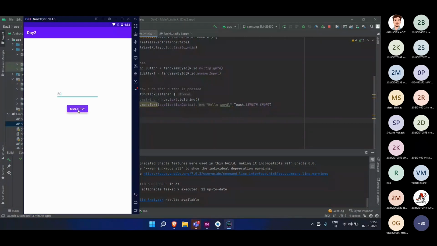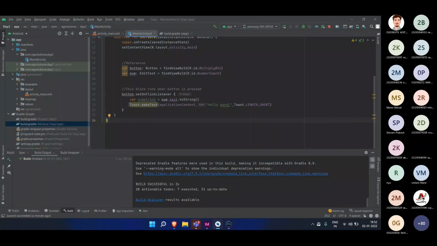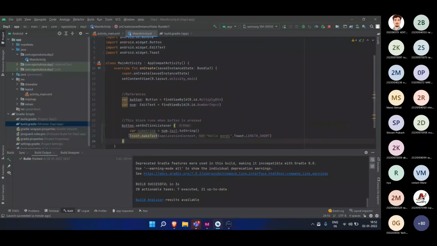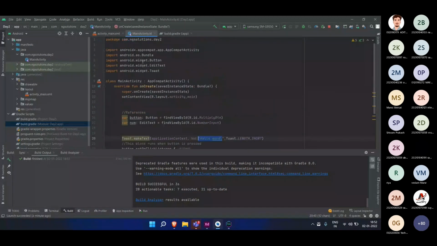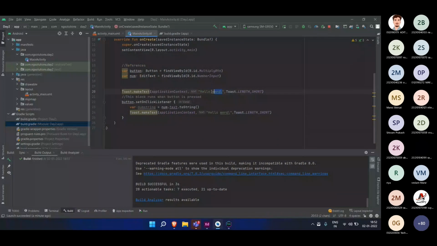I am pressing the button over here, and we should get Hello World written over here, but I am not getting this. I'm not sure whether this function is running or not. To make sure, I will copy this function and write it outside this block. By default this function should run once when our app is started. So I will write